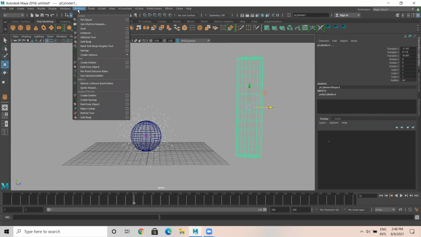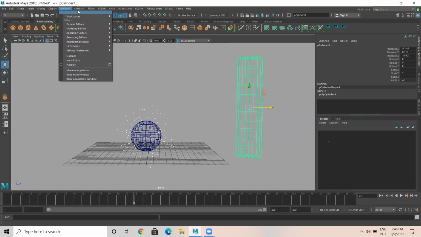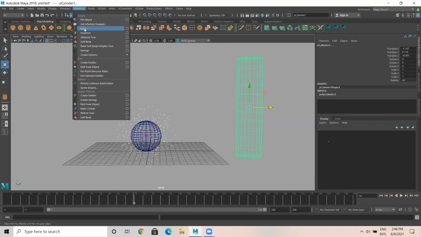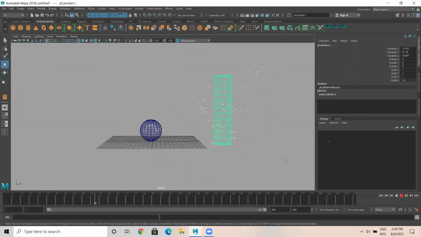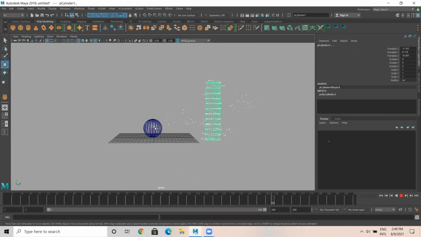Okay. We have a goal option here. So I'll go to particles, I pick goal. So you can see the goal we have selected. Go back, let's play now. Now observe what is happening. This becomes an emitter. This is emitting particles over here. And you can see particles are sticking here.